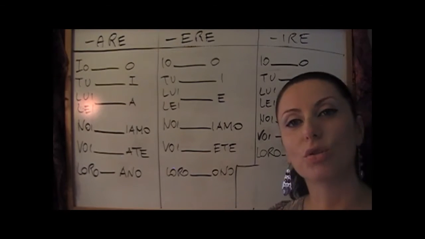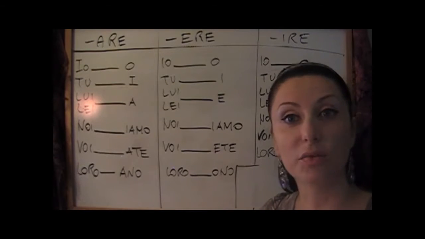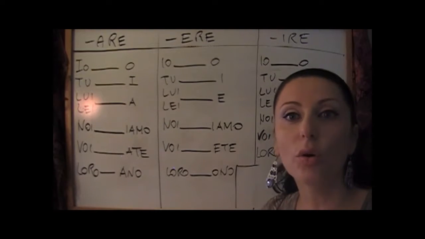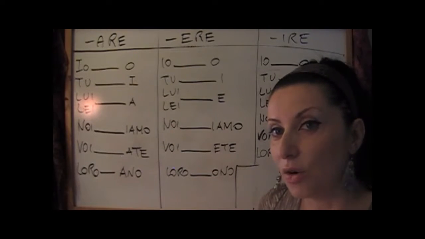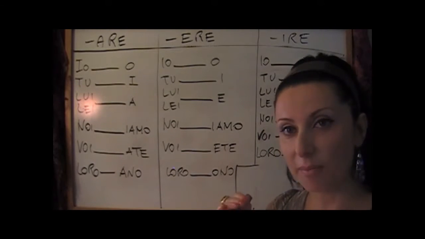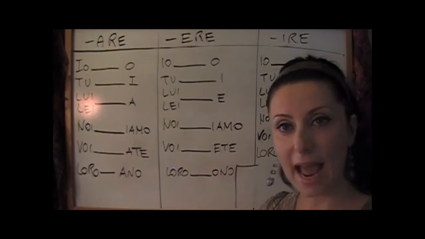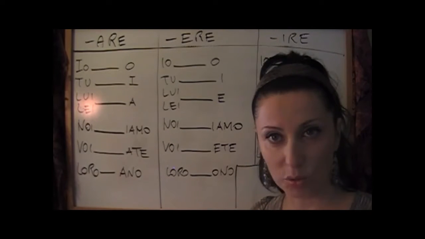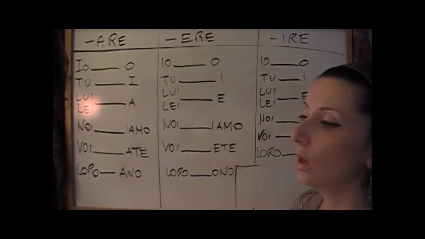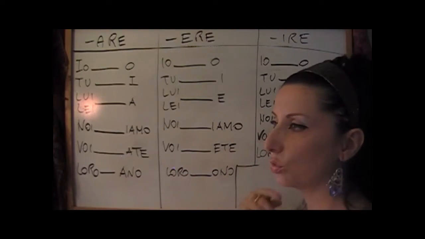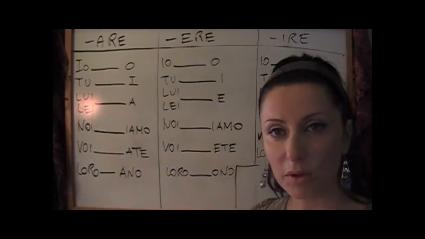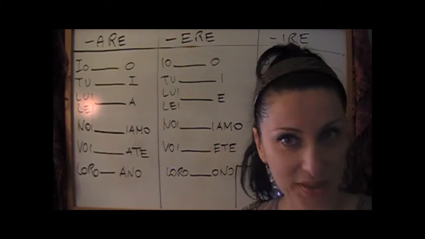You're gonna receive also a list of the most important verbs you need to learn in order to be able to speak. Because you need vocabulary, not only grammar. If you don't have a minimum of vocabulary in nouns and verbs, you're not gonna be able to speak. So you're gonna receive a list of verbs: to eat, to drink, to go, to come back, the minimum number of verbs you need to learn.